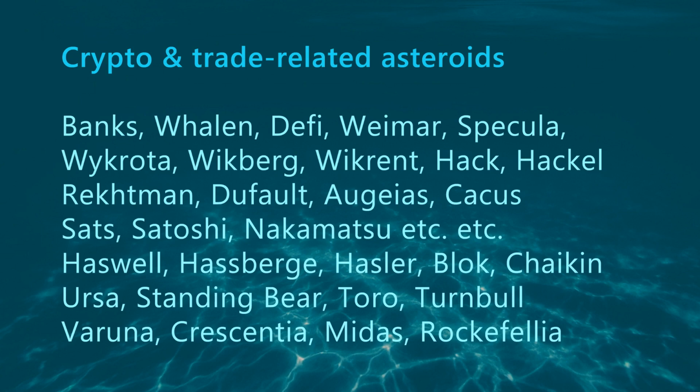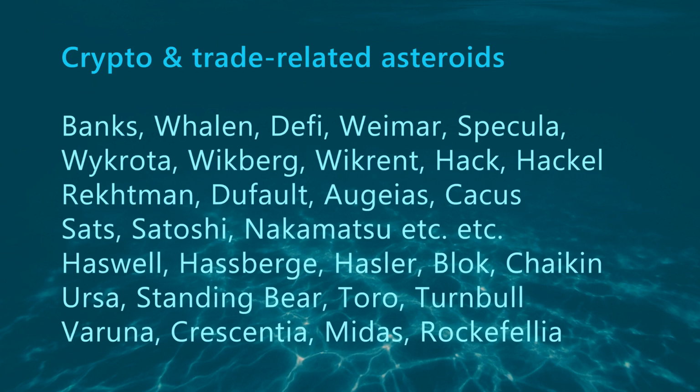Then we have very technical asteroids related to Bitcoin. You might know the term hash rate. If you don't, look it up. You really should know what it is, as you should know what a blockchain is. Well, for these technical terms there are asteroids. Blockchain is the word that is closest to chain. These things all work.